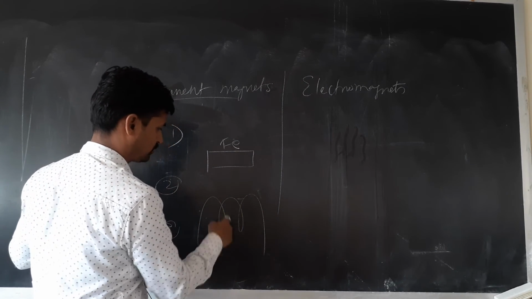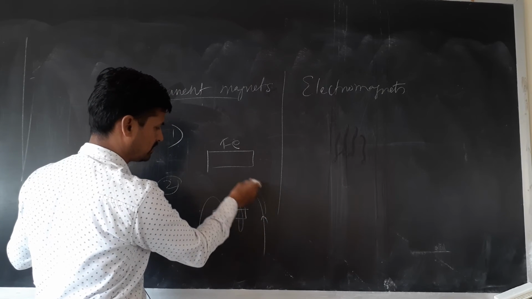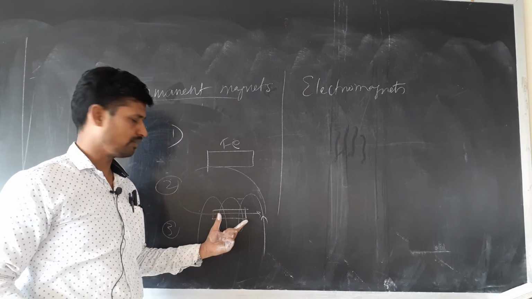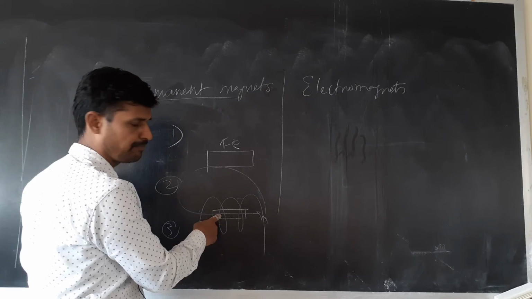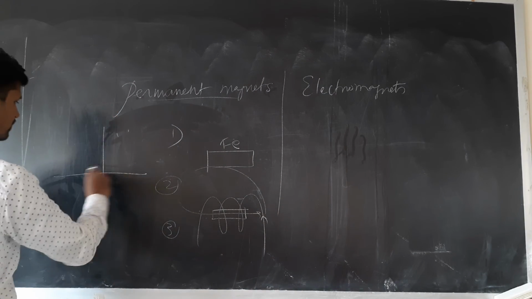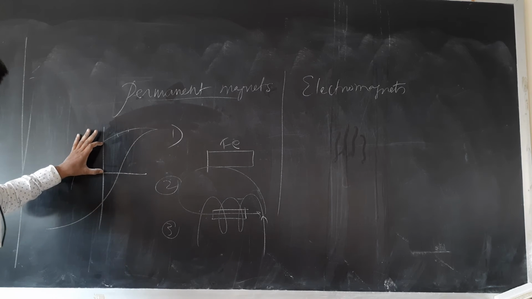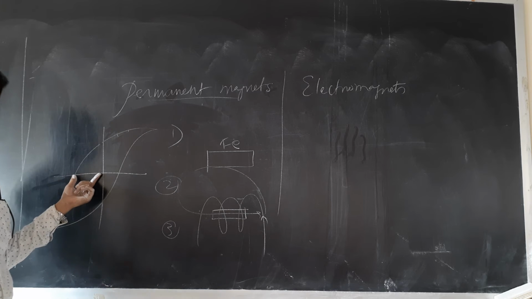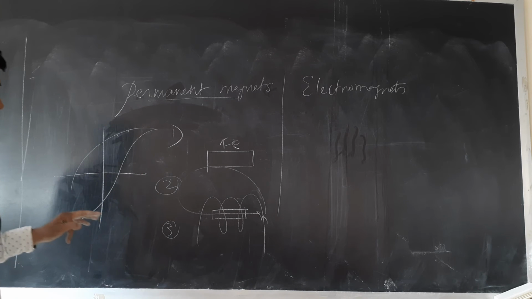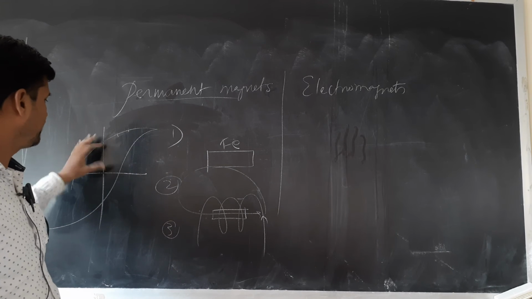The third method is very feasible. Take a solenoid, place the ferromagnetic substance in it. When a high current is passed, it gains magnetization, so it will become a permanent magnet. Okay. A permanent magnet should have, listen, high retentivity, more magnetism should remain in them. High coercivity means even if you apply a strong reverse magnetic field, they should not get demagnetized. So they should have high retentivity and high coercivity.